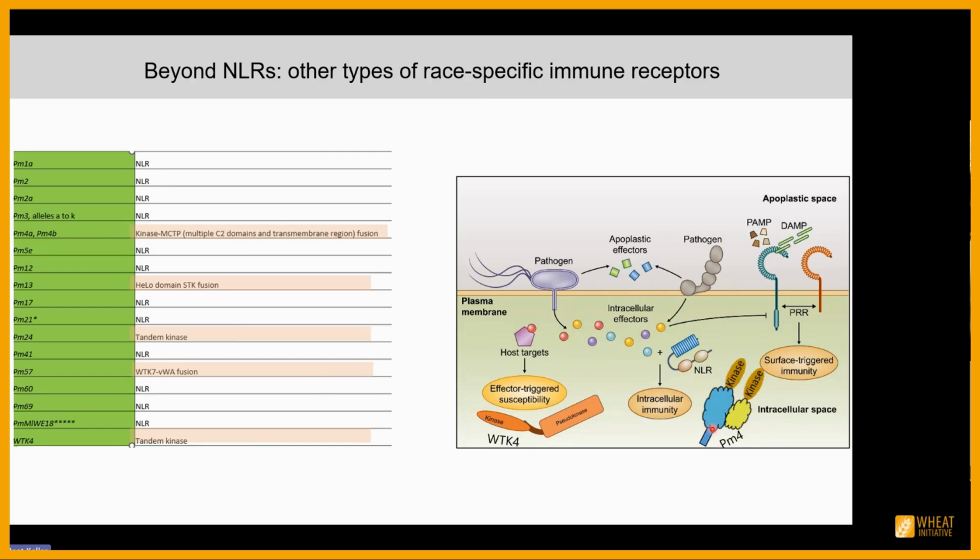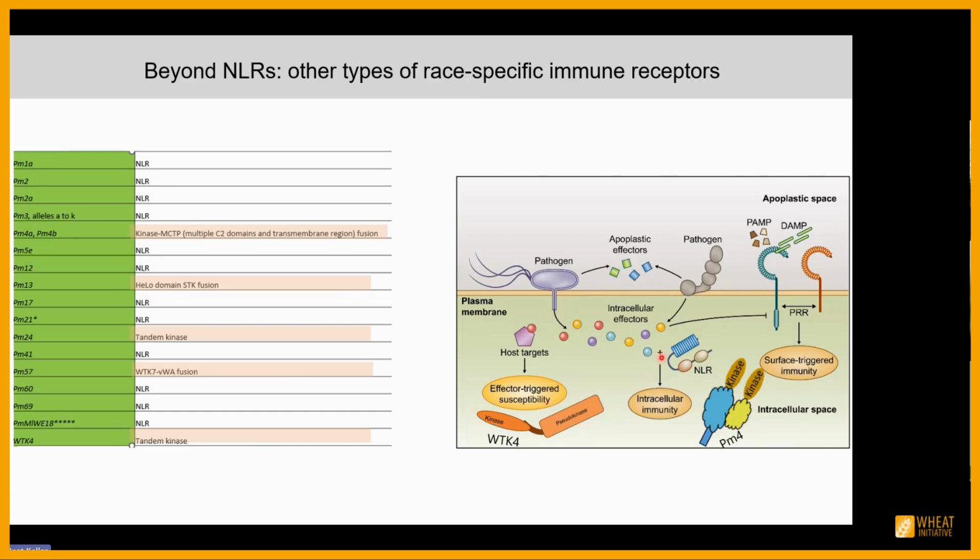One of them is the Pm4 gene, and the other one is the WTK4 tandem kinase gene. I want to discuss with you now our state of the work on the identification of the specific virulence factors recognized by these 2